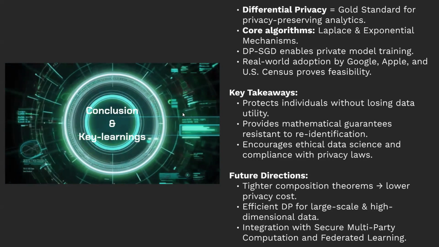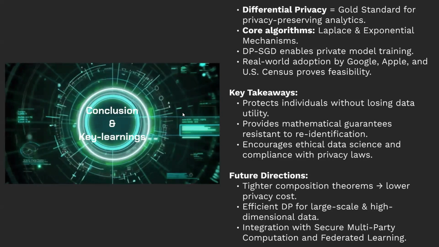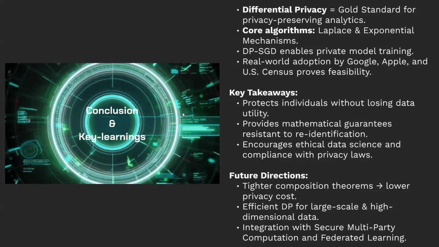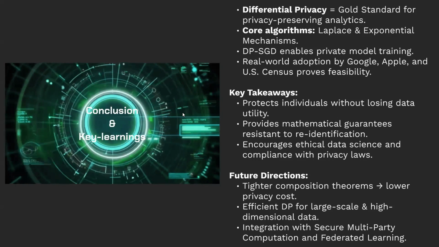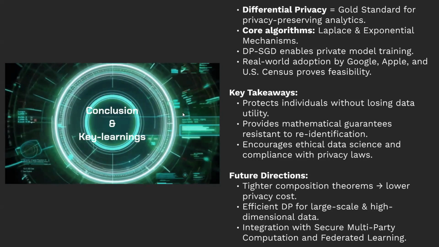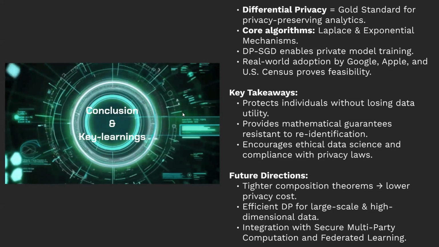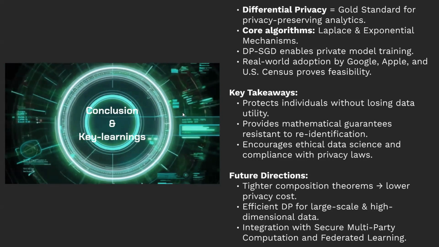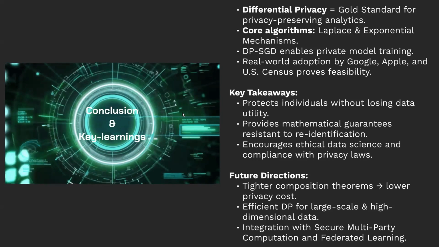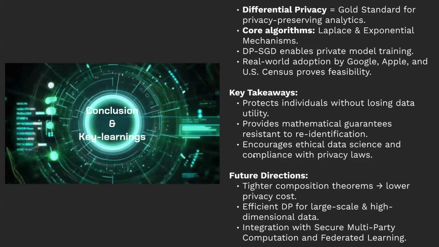The integration of differential privacy with other privacy enhancing technologies, such as secure multi-party computation and encryption, promises even stronger protection in collaborative or distributed settings. Finally, as data protection regulations like the GDPR in Europe and the CCPA in the United States continue to evolve, differential privacy is increasingly positioned as a cornerstone of ethical and compliant data analysis. In essence, differential privacy represents the future of responsible AI and data science, enabling innovation that is not only intelligent but also fundamentally respectful of privacy and human dignity.